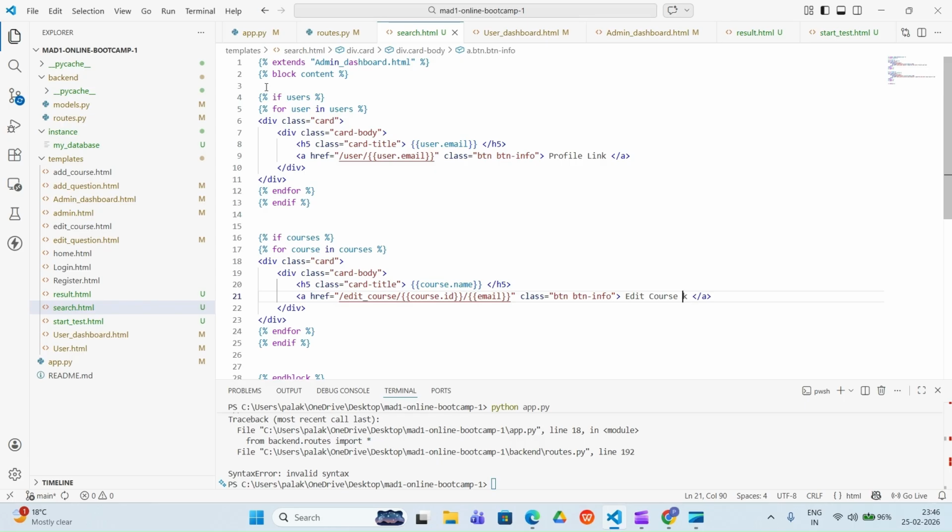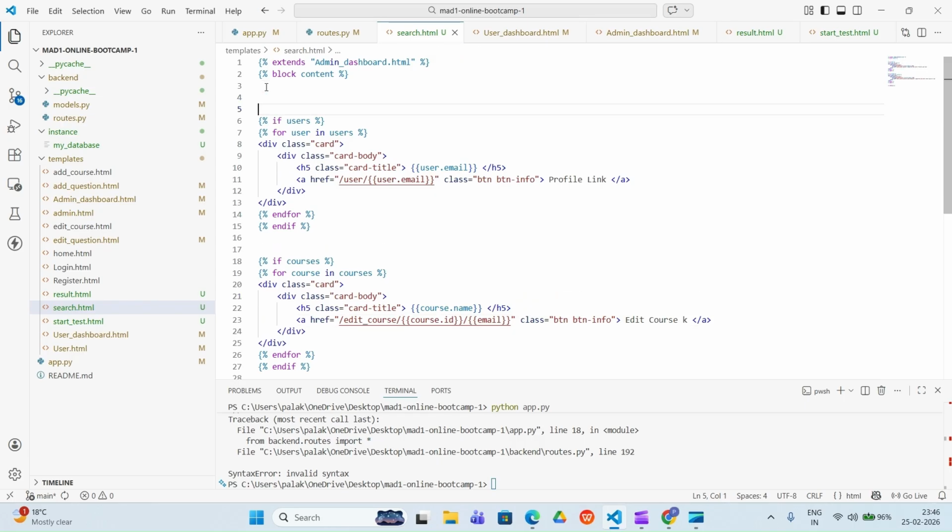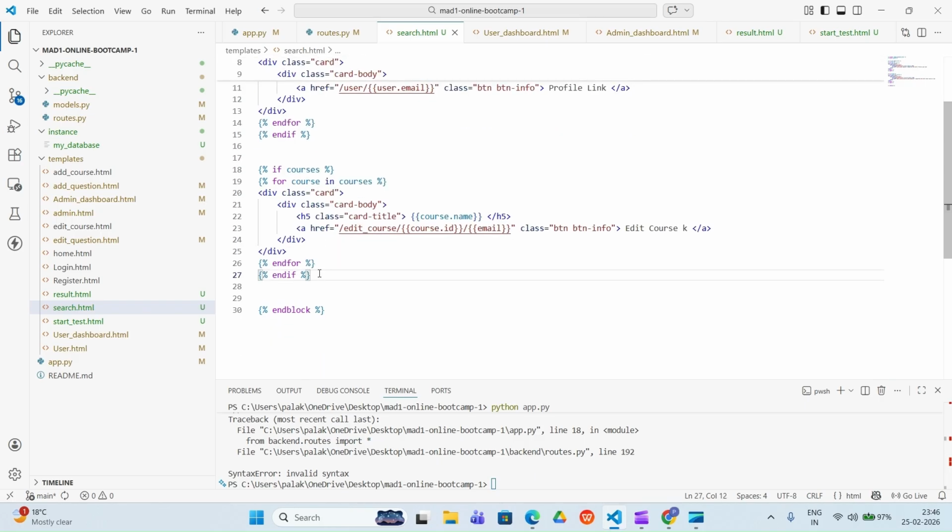And if you search for something and that thing does not exist in your database, it should come with no result found. So what you can do for that is write in this format: if users and courses. So if users and courses are there, then these things will work. Otherwise, we can write here the else part.